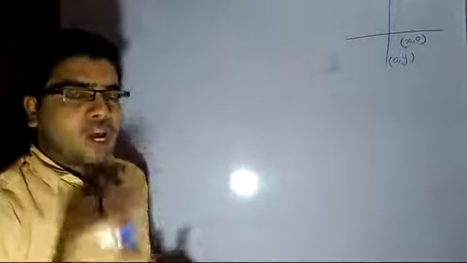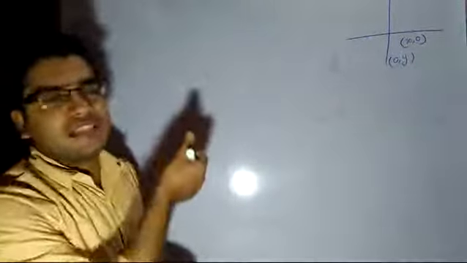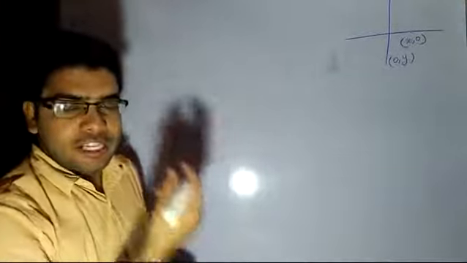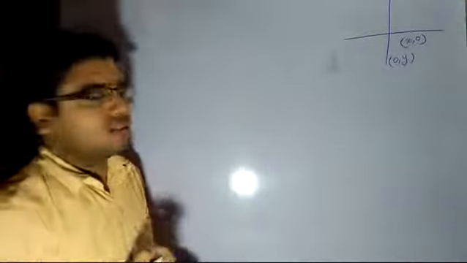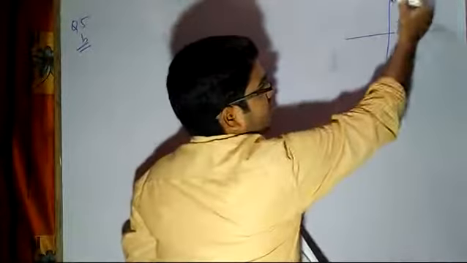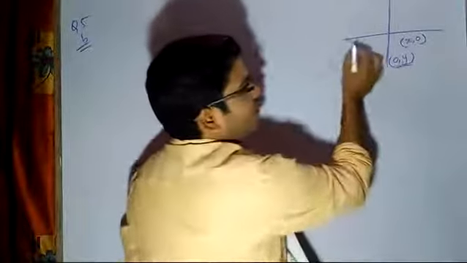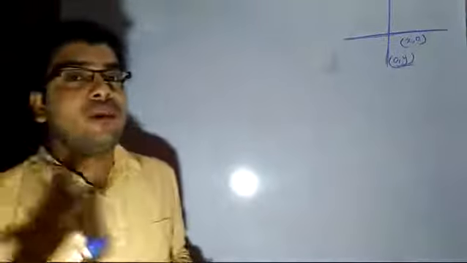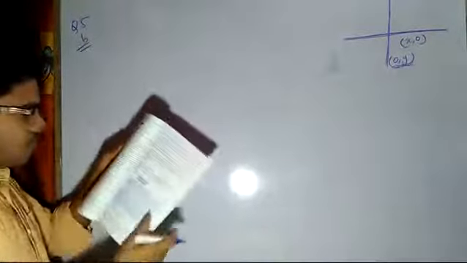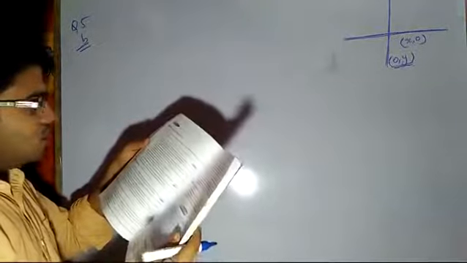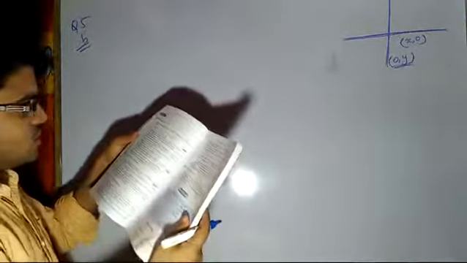Whether it is negative or positive, we will not take that into account, because while calculating we will get the answer as negative if that point lies on the negative y-axis. So whenever it is lying on the y-axis, we will always assume 0 comma y. Whenever a point is lying on the x-axis, we will always assume those points to be x comma 0. Now question number 5 subpart B says: find the point on the y-axis whose distance from